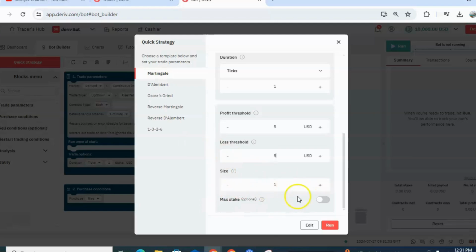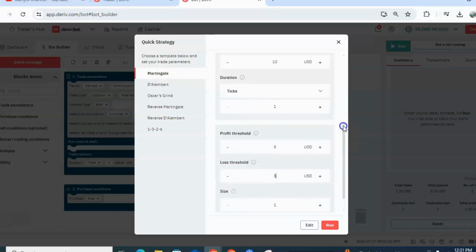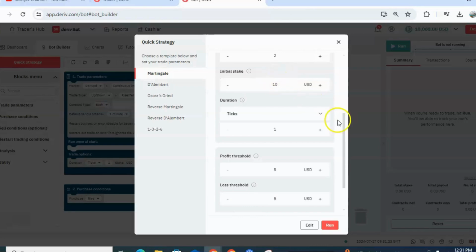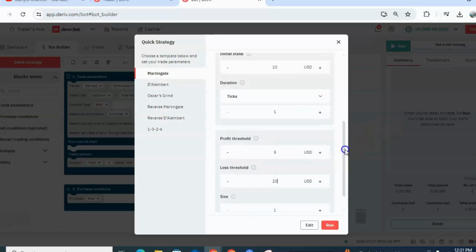So if you want to add the martingale, you can just say if it goes to a loss, it's going to multiply that by 2. So if you are using a 5, it's going to multiply by 2 and it goes to 10. But because I don't want to use a martingale, let's say if it goes to a loss, it's going to multiply our initial stake here, 10 times 2. So let's say if it goes to a loss to 10. So here I'm supposed to let me put 20 because we are going to use 10 as our stake,